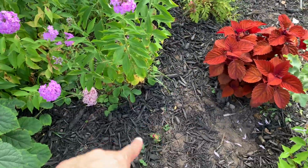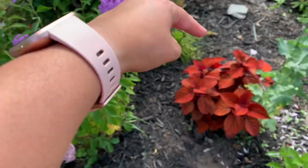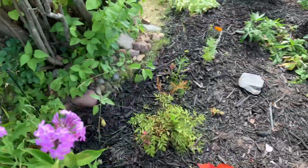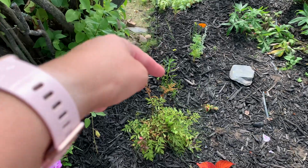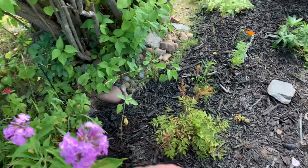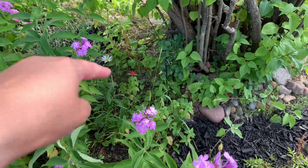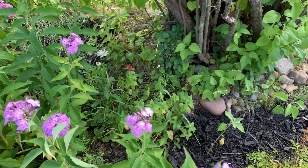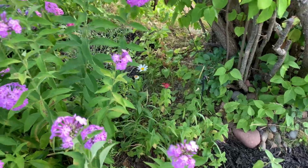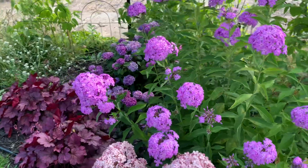Look at that. Not everything works. That's a Coleus, and there's one right there. They hate their life. This thing is supposed to be an obedient flower. Those are really cute. That's an Astilbe. It's not cute now. Bee Balm, and I don't think the Bee Balm was getting enough sun back here. A Shasta Daisy, and there was another really, really cute flower back there that just popped up because, like I